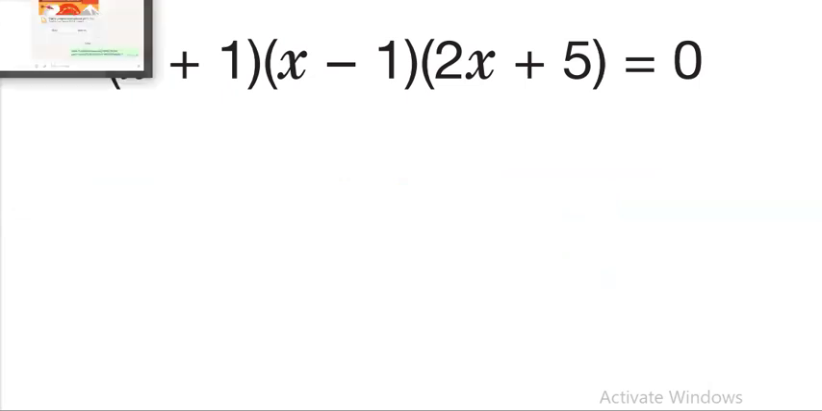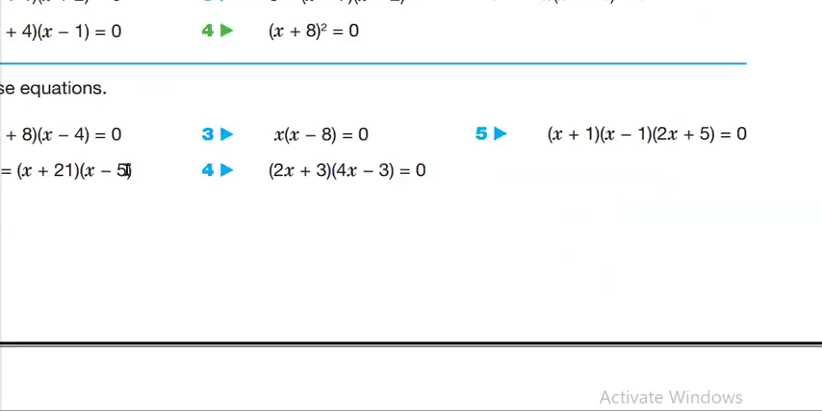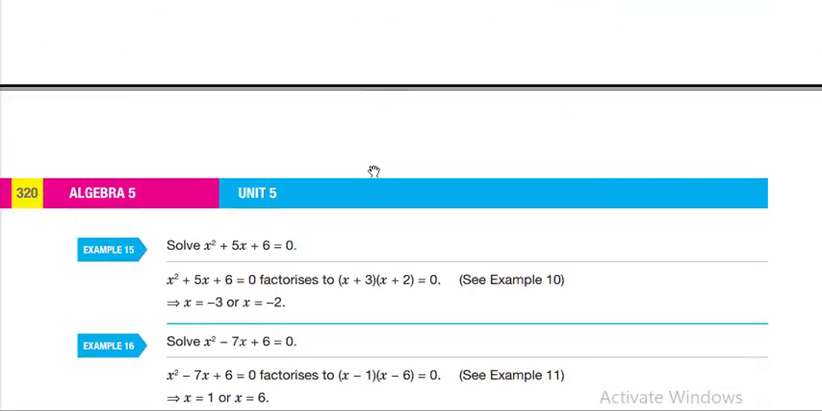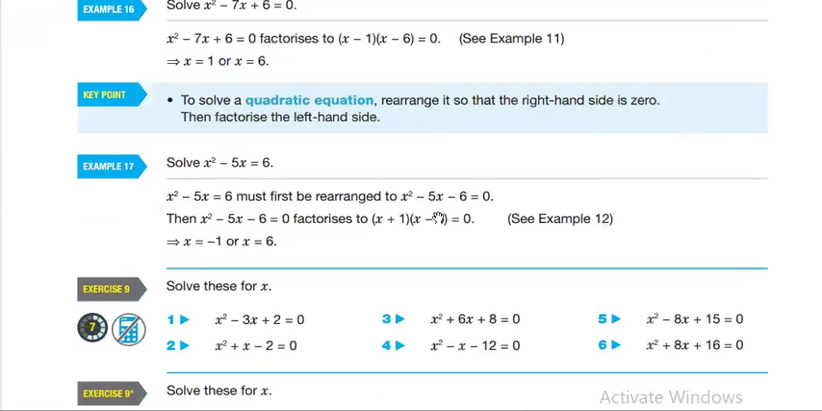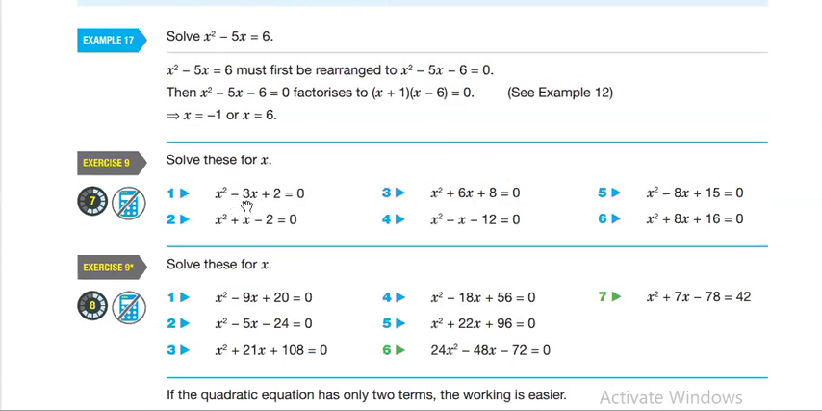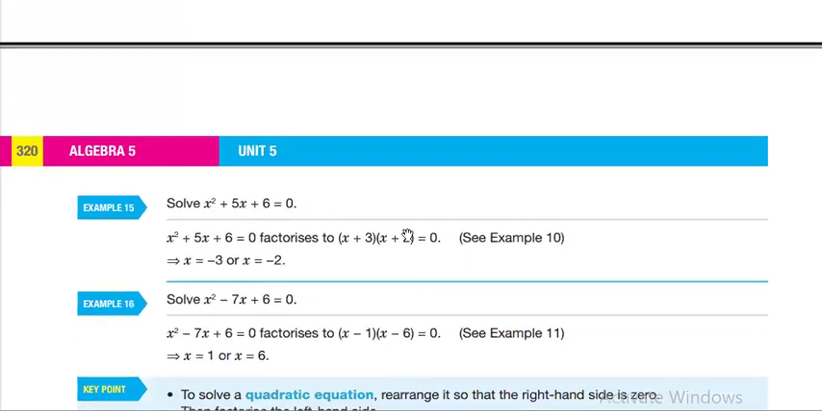Let me put this here. Zoom out. Okay. So as we said, this might come like this, factorized, and sometimes it will come as a quadratic equation, and you're supposed to factorize the expression here, and then solve it